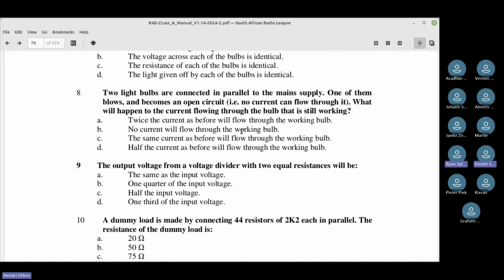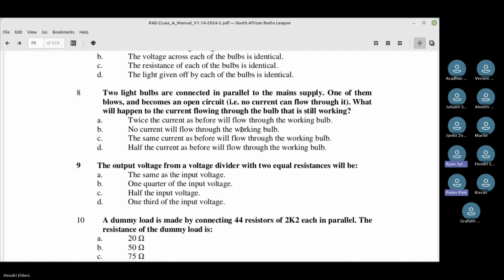As a matter of fact, all the houses, all your lights are connected in parallel. Even street lights. If they were connected in series, if one blows, then all of them will go out. So I think that's actually why it's important that it says main supply there. If it's on a battery, then the one bulb would get brighter. Well, yes, no, because there's more current going through. No, it will stay the same. It's the difference between being connected in series and parallel.